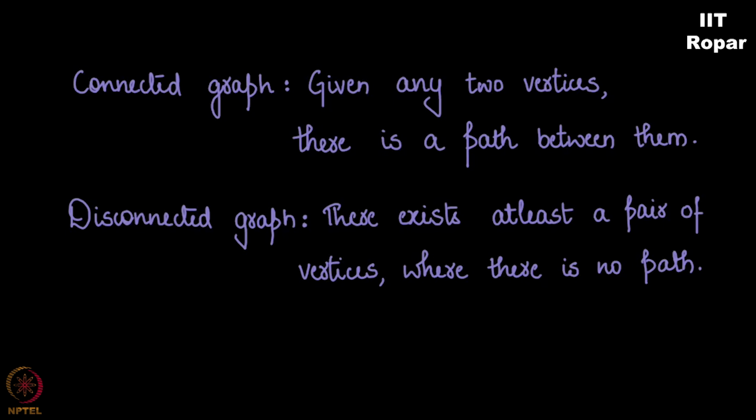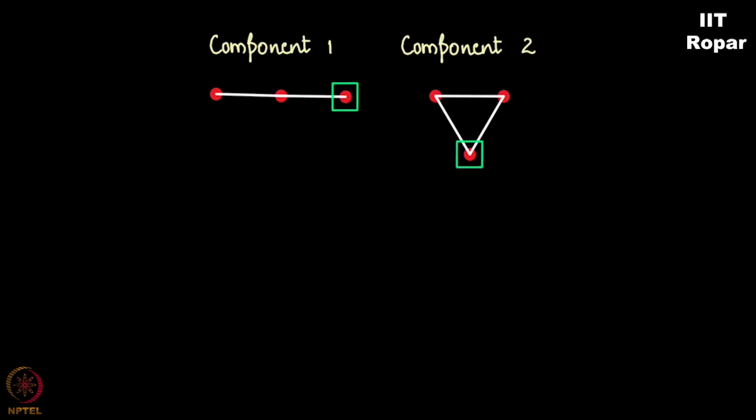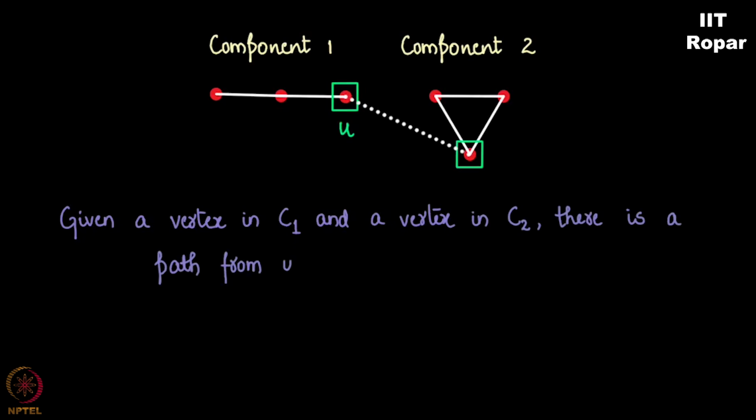Let us look at an example. Look at this example of a disconnected graph. It has two components, component 1, component 2, of this disconnected graph. Pick any two vertices. Let's say one from component 1, one from component 2. There will definitely be an edge here. Why? Because they are disconnected and hence there is no edge between a vertex in C1 and a vertex in C2 in the original graph. So the complement will have a simple one edge, which means given a vertex in C1 and a vertex in C2, you have an edge, which is actually the path as per the definition of connectedness. You can find a path from this vertex U to this vertex V.